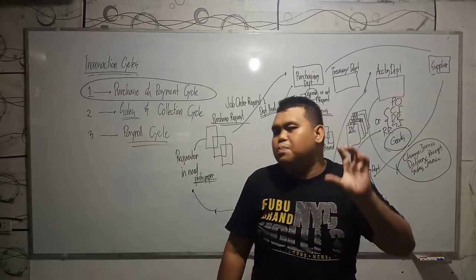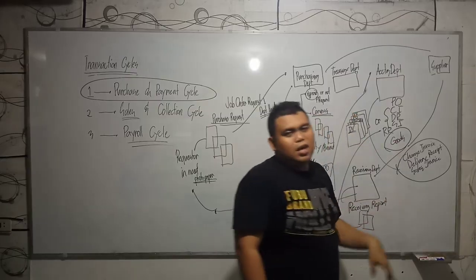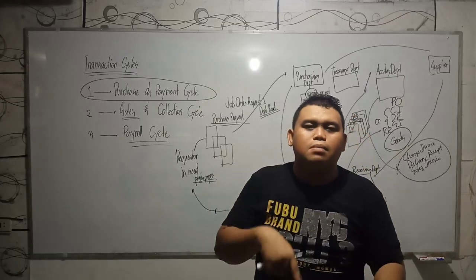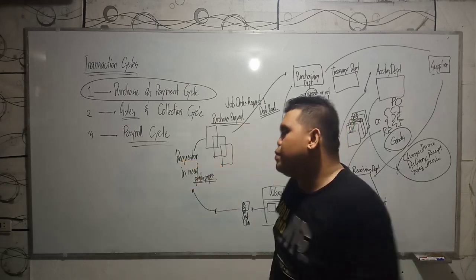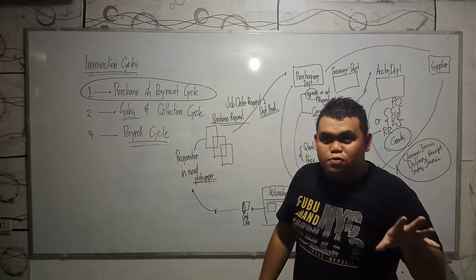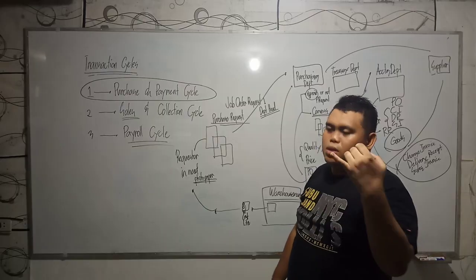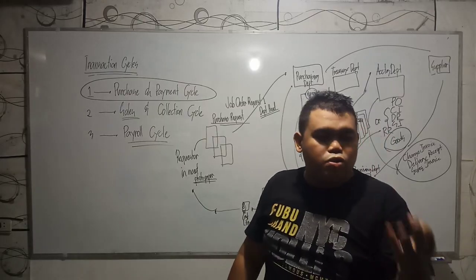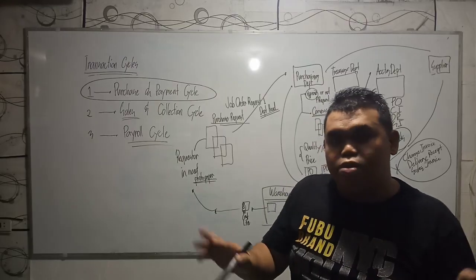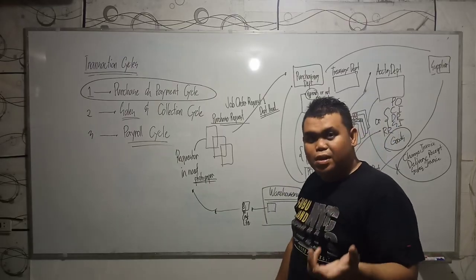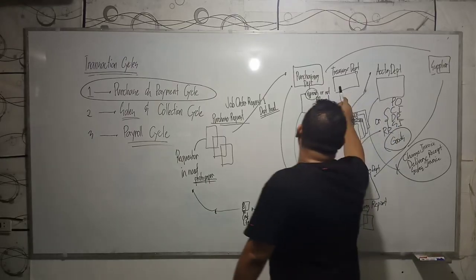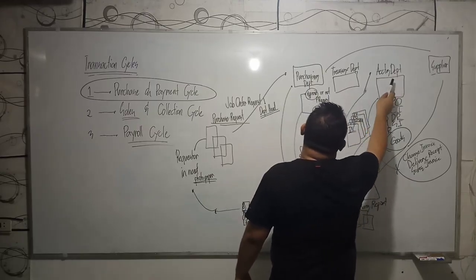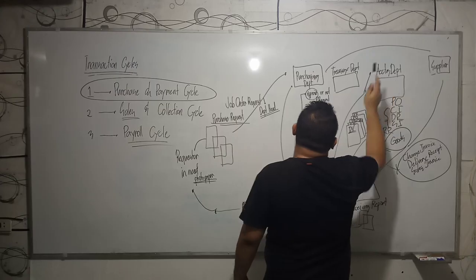And it is very much separated from the Accounting Department because, as you already know, as I have repeated always in my internal control lecture video, there should be separation of duties. Okay, so the custody of assets, as well as the recording function, as well as the authorization function should be separated. Otherwise, there will be a problem. So the treasury department should be separated from the accounting department because the accounting department should only maintain records.